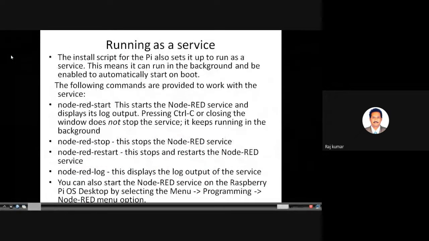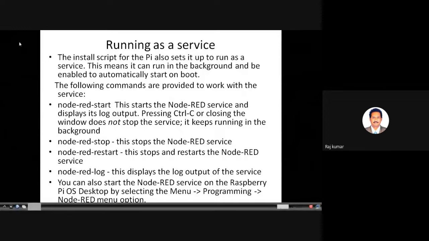One more thing: is it necessary to run this command every time, opening a terminal, typing node-red, pressing enter like this? You can automate this service during the boot up process only. You can restart Node-RED, and if you want to forcefully start Node-RED, you can also do it. But the thing is, it will keep on running in the background, whether you use it or not. So the processor speed will be a little bit decreased due to this background process.